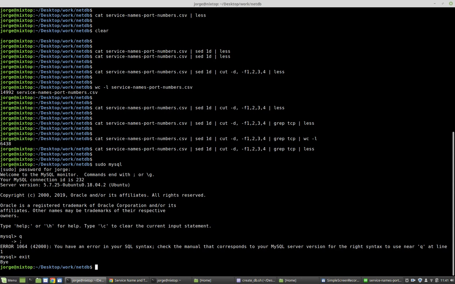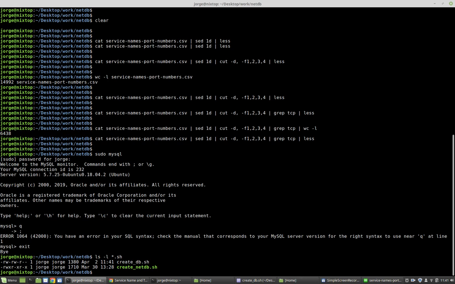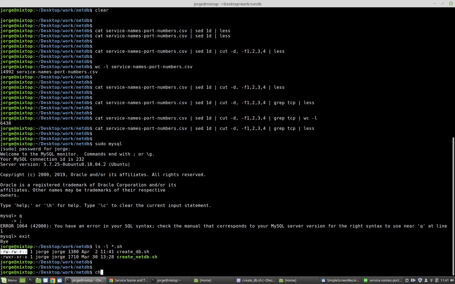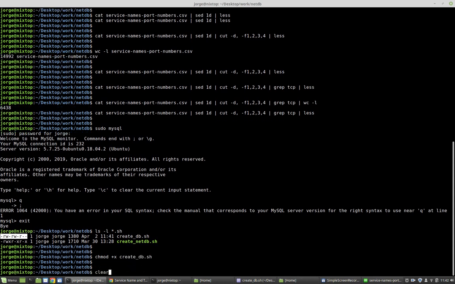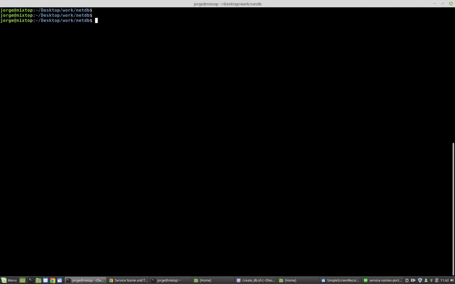Let's do an ls -l anything.sh, and it is this file here. And as you can see, I don't have executable set to it, so I want to do that. Chmod +x create db.sh. Okay, so now we can execute the file, and since it is the first time you run this file, you want to debug the file. So bash -x followed by the name of the file,